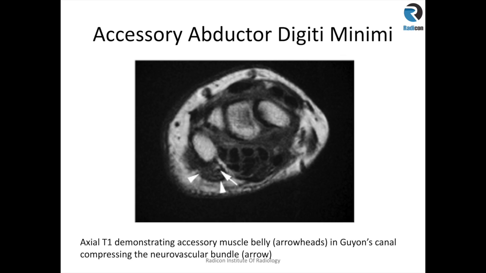that might give symptoms of ulnar nerve compression or neuropathy, but the signal characteristics are almost same to the adjacent skeletal muscles. So then you can be confident that this is a well-known entity, although rare, but you may come across in your career as an accessory abductor digiti minimi muscle.